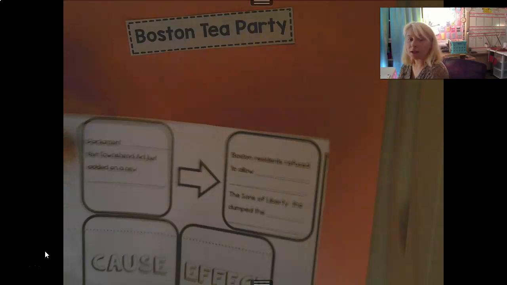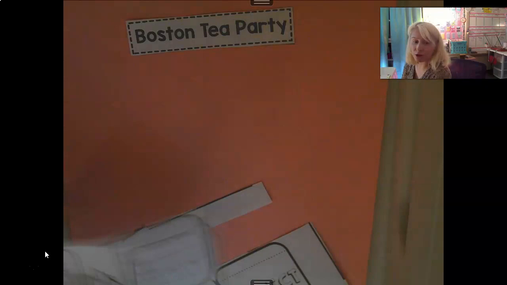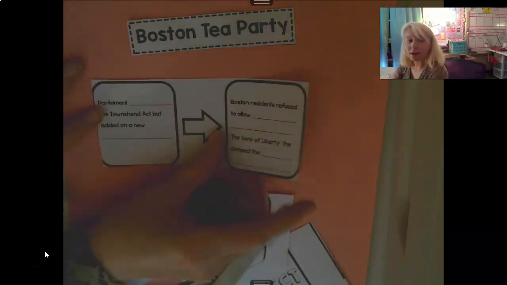Alright, I want to cut out the title for Boston Tea Party. Boom, and boom. Alright, there's going to be my title. Then I want to cut out this section right here as one piece. I think it'd be too difficult to try to cut that arrow out on its own. Just going to trim it up a little bit here so it doesn't look too bad. And I'll glue this down, like I said, as one piece.